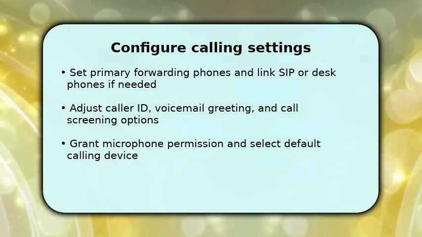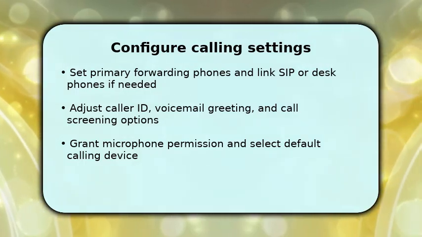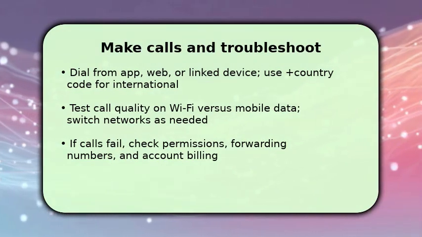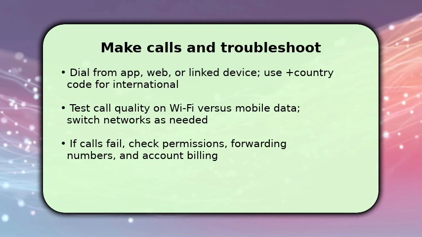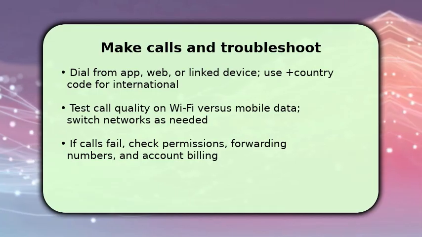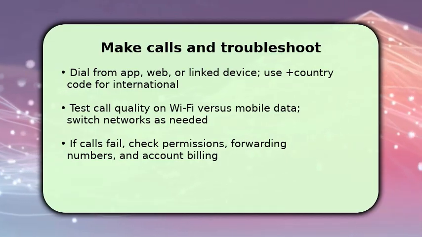With these steps done, you can now place a test call from the app or Voice.Google.com. Tap or click the dial pad, enter a number with country code for international calls, and press call. Listen for clarity. If audio stutters, switch from Wi-Fi to mobile data or vice versa, and close other apps using